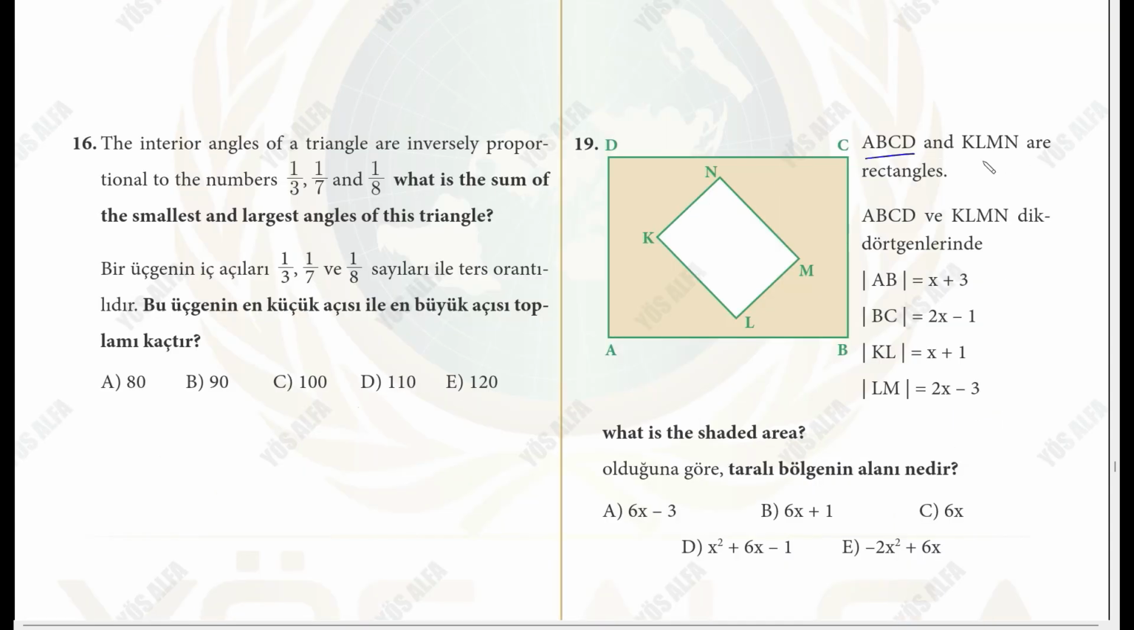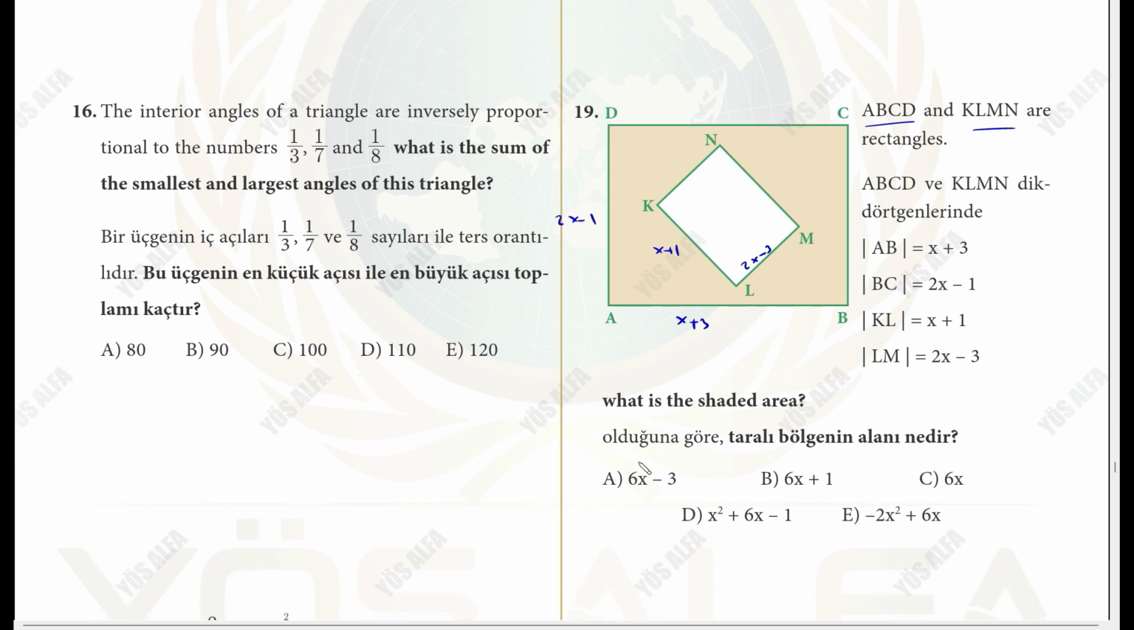19. ABCD and KLMN are rectangles, and the side lengths are given. AB is x plus 3, BC is 2x minus 1, and KL is x plus 1, and LM is 2x minus 3. So what is the shaded area? To find the shaded area, all you have to do is subtract the smaller area from the bigger area. So the bigger area is 2x minus 1 times x plus 3, minus the smaller area, x plus 1